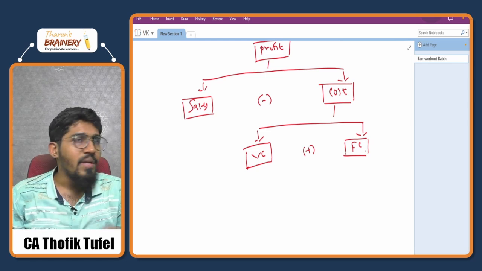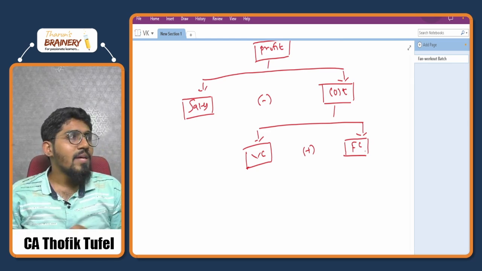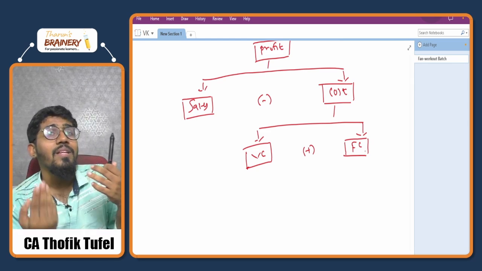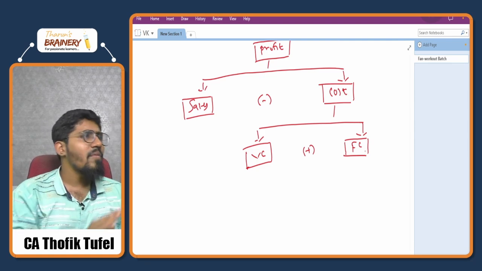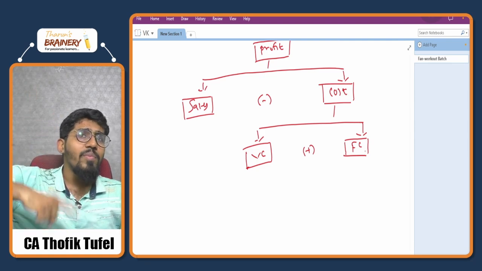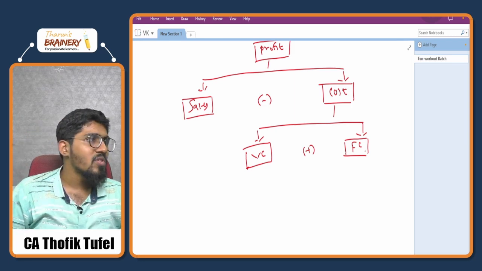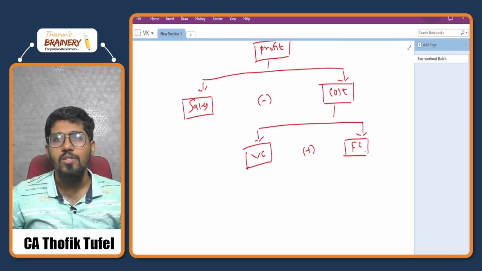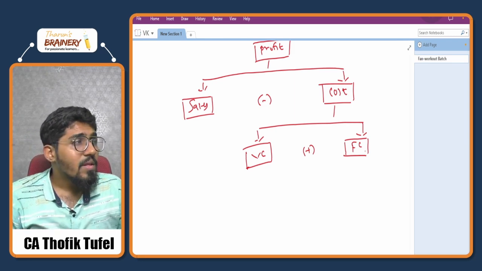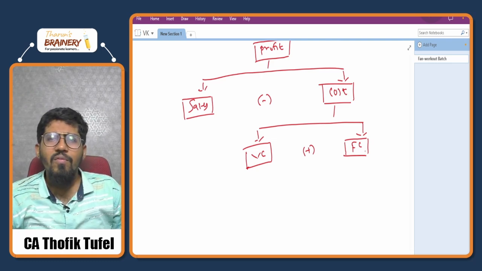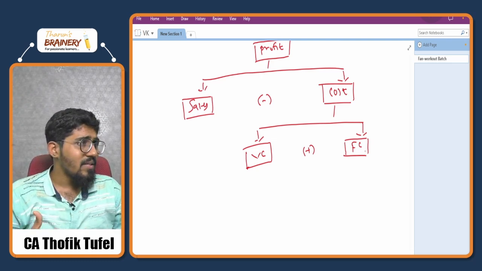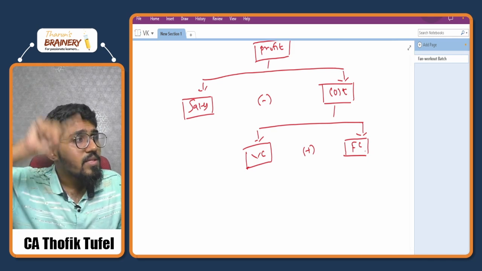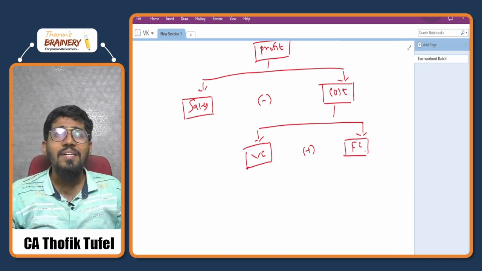Say the cost of the empty bottle, the cost of the cap, the cost of the packaging, the cover you're making for the bottle, say the delivery cost. All these are variable costs. The more the sales, the more the cost. The less the sales, the less the cost. That is called variable cost. Sir, what is fixed cost? The cost that does not move with the volume. For example, you are paying rent. Rent is a cost, but is it the case that if the sales increase, your rent will also increase? Correct? A factory rent.